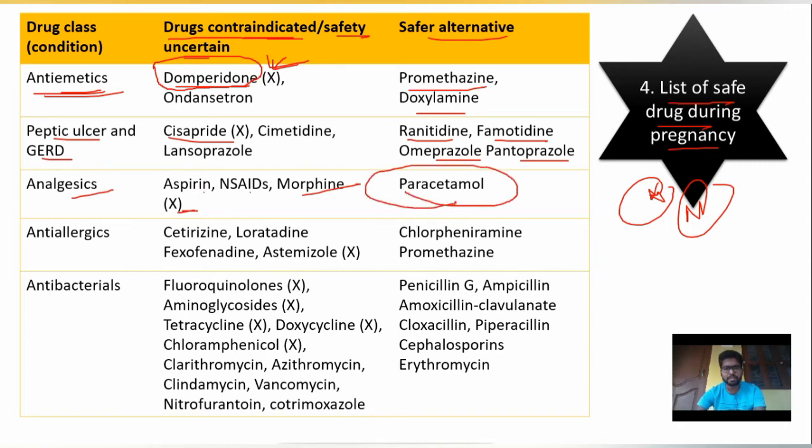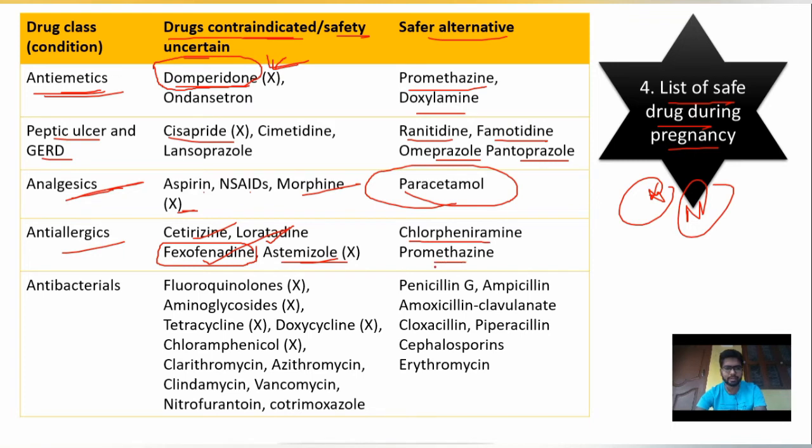Paracetamol is the only safer alternative in case of analgesics. Then anti-allergics: astemizole is contraindicated during pregnancy, but you should also avoid cetirizine, loratadine, fexofenadine, all these. Fexofenadine produces teratogenic effect. And the safer alternatives are